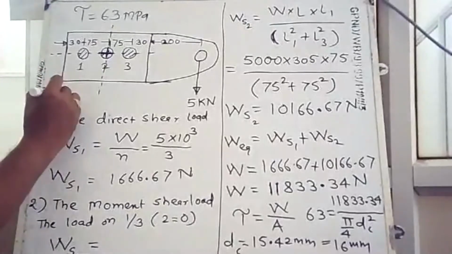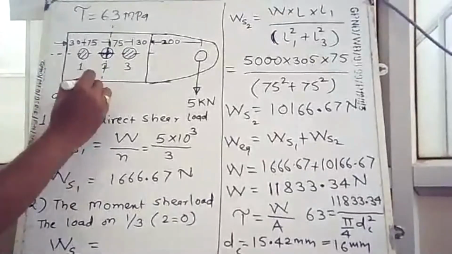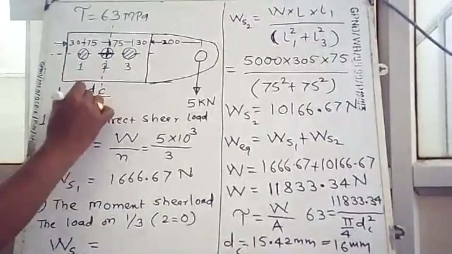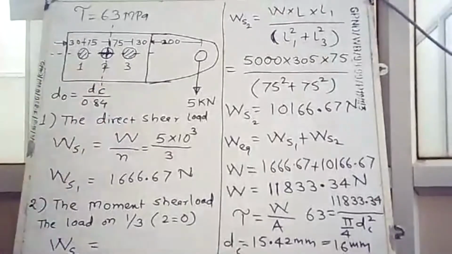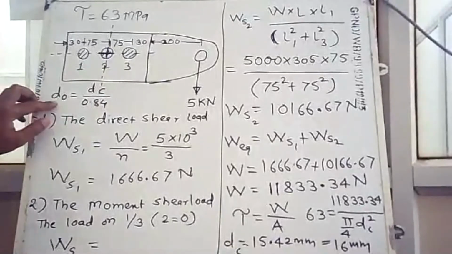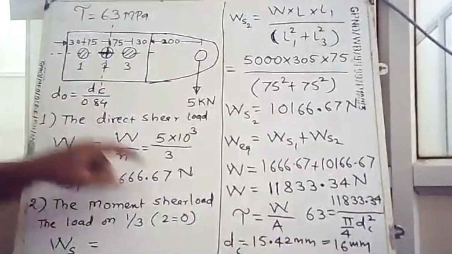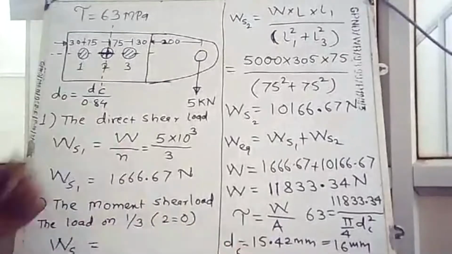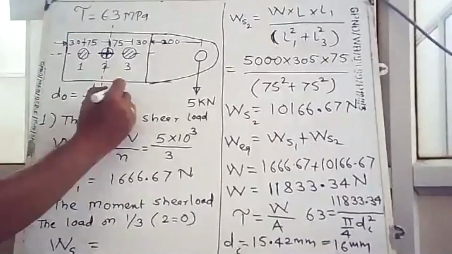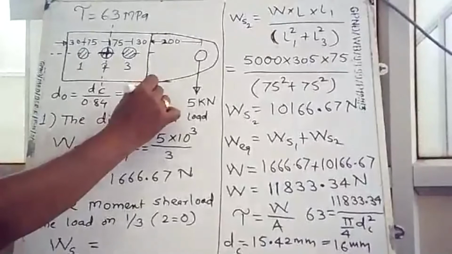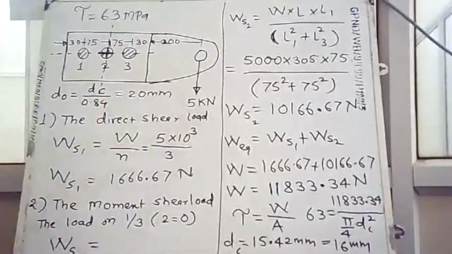We can find the nominal diameter by using our simple equation. If I want to find the nominal diameter, d equals dc divided by 0.84, where dc is the core diameter. So we can put that in, and we get the nominal diameter as something like 20 mm. So in this way we can find